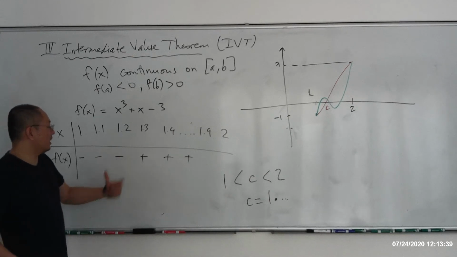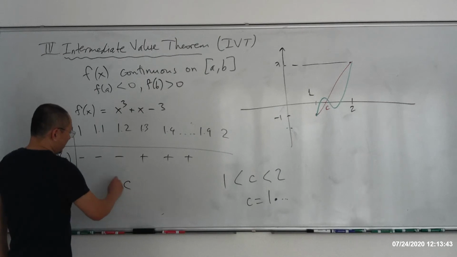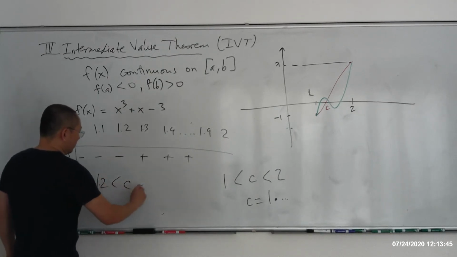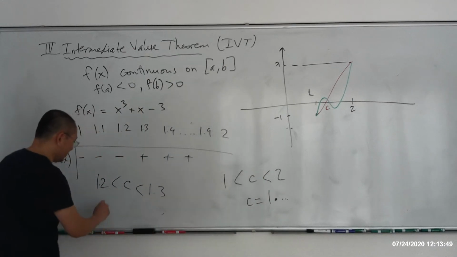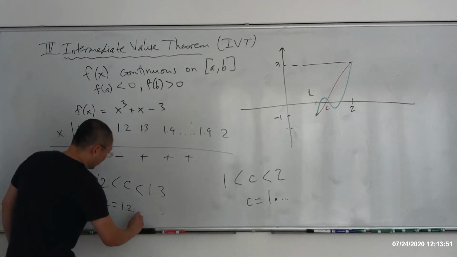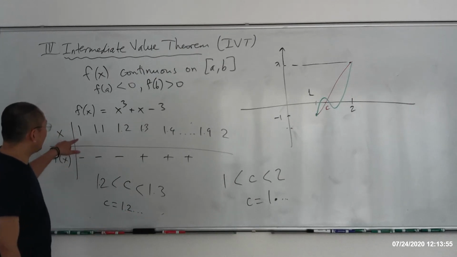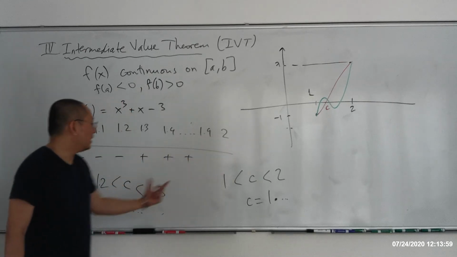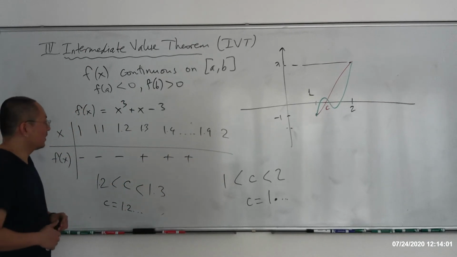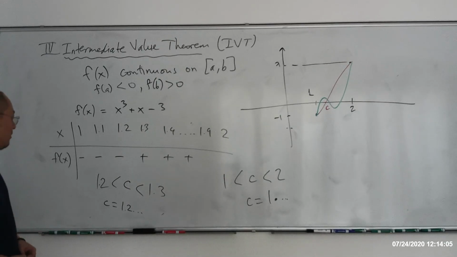And you're going to use the intermediate value theorem again. It says the value of c is going to be somewhere between 1.2 and 1.3. All right? So it's not just 1 point something, c is going to be 1.2 something. And now, to find out what the something is, you try some values between 1.2 and 1.3: 1.21, 1.22, all the way to 1.3, and you get one more decimal. Of course, it's long and takes a lot of work, but at least it works. It gives you an approximation of the solution. Okay,